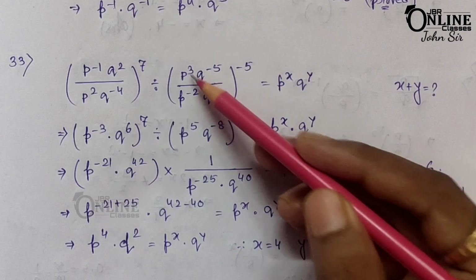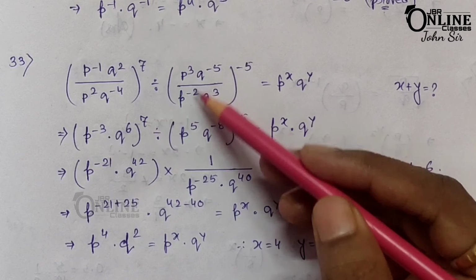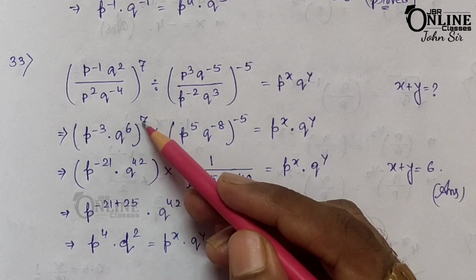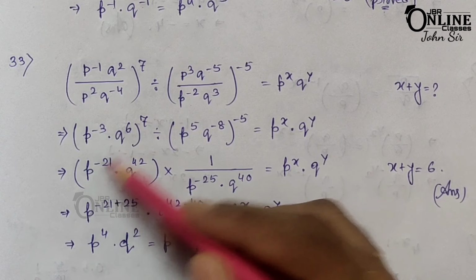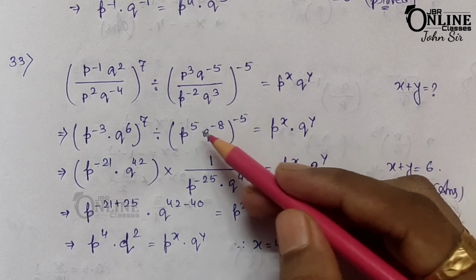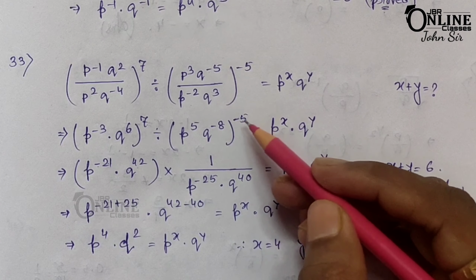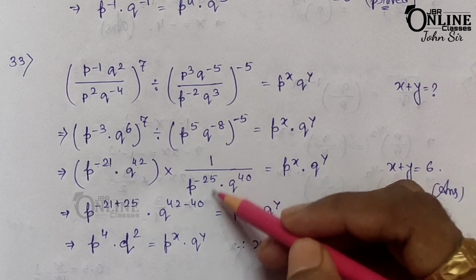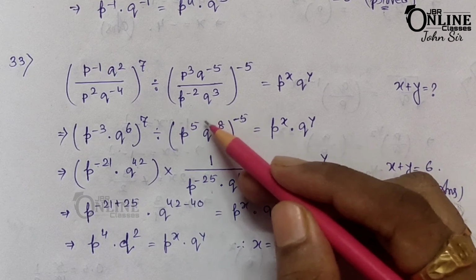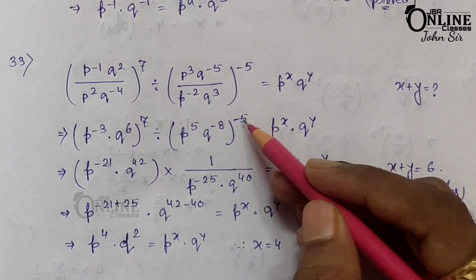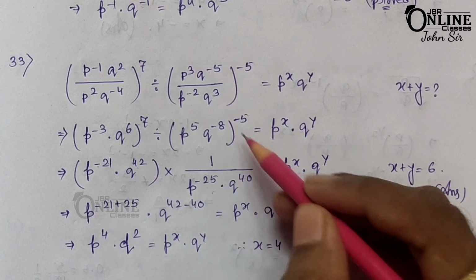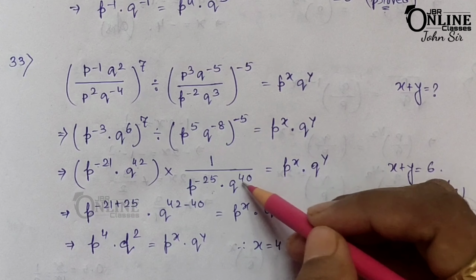Whenever the bases are same, then the power will be subtracted when they are in division form. Here also same thing, 3 minus again minus, so plus 3 plus 2, 5. Here minus 5 minus 3, so minus 8. Now that power will be multiplied with this one, so p to the power 7 into minus 3, minus 21, and 7 into 6, 42. Here minus 5 into 5, so it will be as here minus 5. Okay, so as here minus 5, first change it, as x to the power minus 1 means 1 by x. So here this one to the power minus 5, then it will be 1 by this one. So after changing this one, just multiply the power. So 5 into minus 5, minus 25, and then minus 5 into minus 8, it becomes 40.